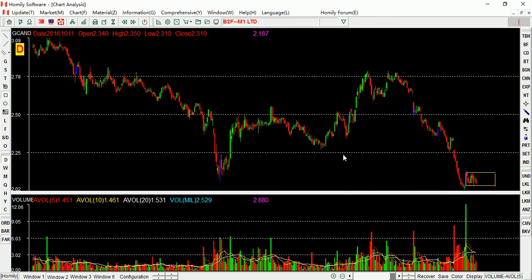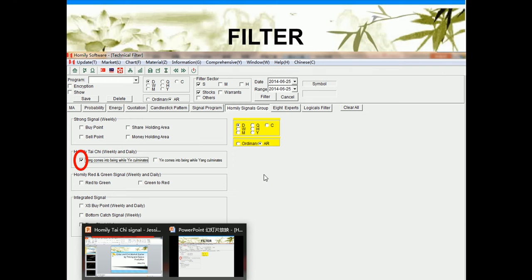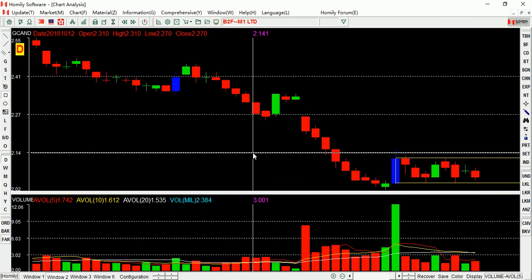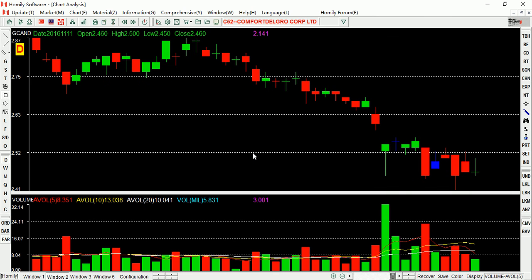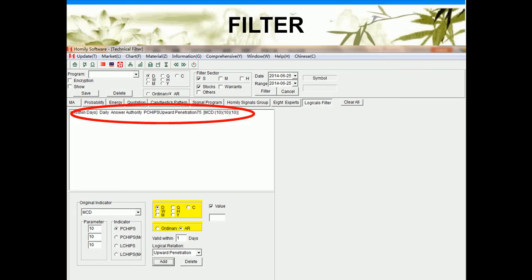I think this one maybe you can pay attention. This one is M1, okay? So let's see the next one. This one, wait and see. Still in sideways, right? So you can use this method to find some stocks which are in the oversold area, and you can find a good entry point. Where is the good entry point? You can use this method to judge, and I think it's very simple to understand, right? Because there is only one function. Then we can see this is the filter.